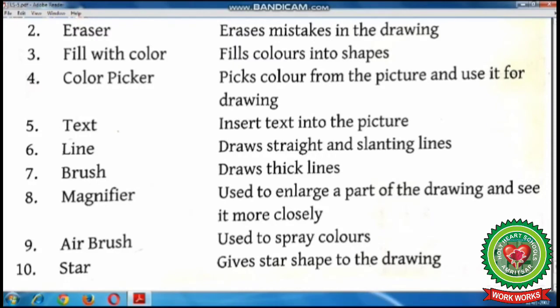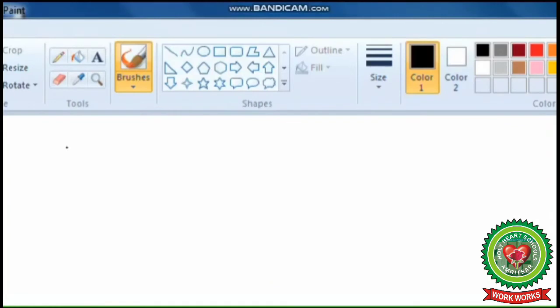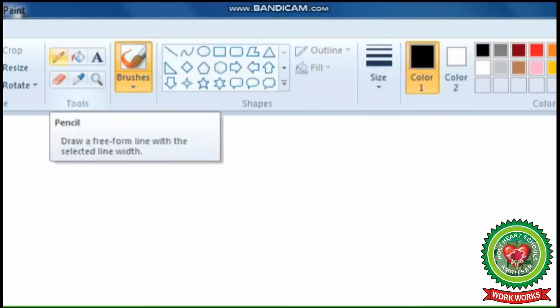Now children, let's have a look on the purpose of these tools practically. The very first tool is pencil tool. So under the tools group, pencil tool is present.